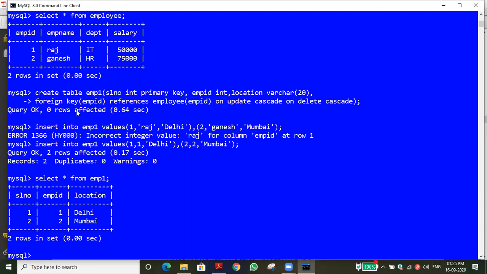So now we created the table. What is the use of foreign key, sir? We have created the 2 tables manually. Likewise, how we created the first table, you created the second table. For the foreign key, you added one more extra command. What is the use of this, sir?